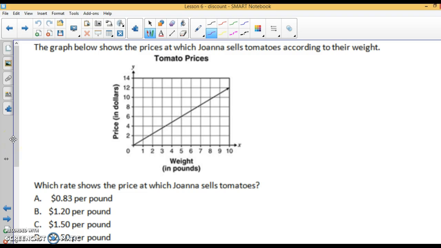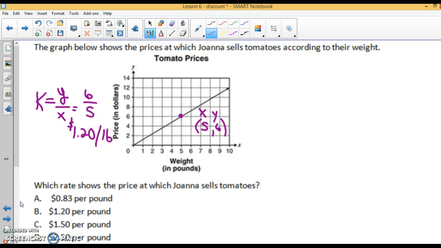So, what do I do? I find a major intersection. This point right here. This is 5, 6. The ordered pair, 5, 6. How do I find my unit rate k? It's y divided by x. So remember, this is x, y. So it'll be 6 divided by 5. And when I do 6 divided by 5, I get $1.20 per pound, which is